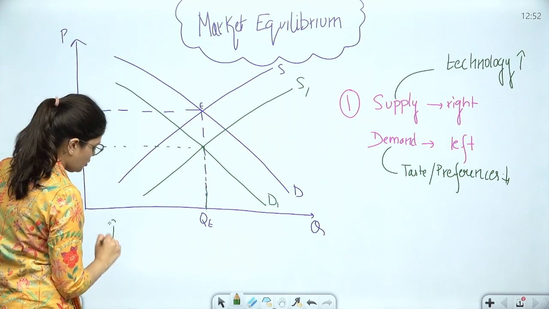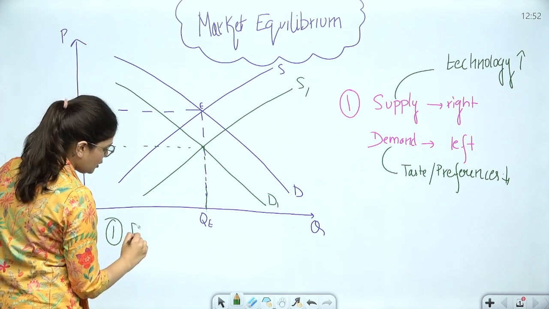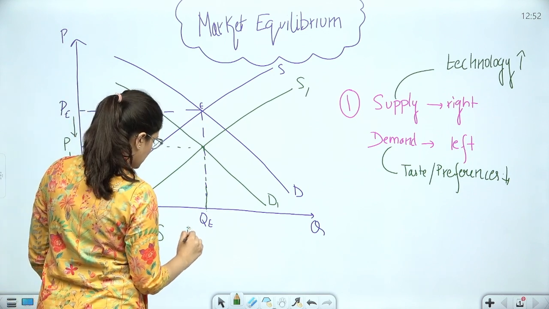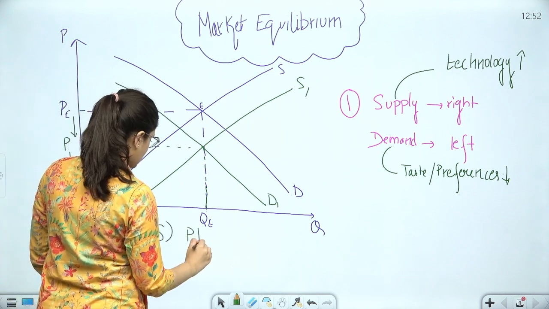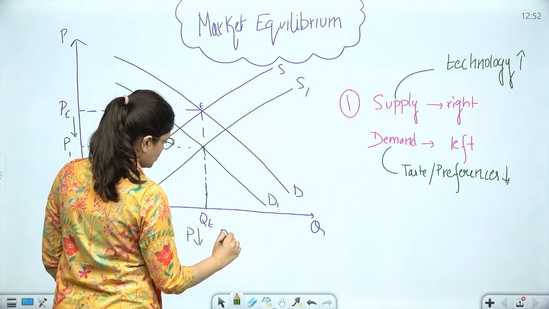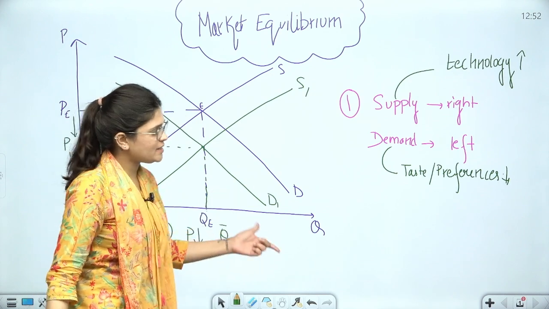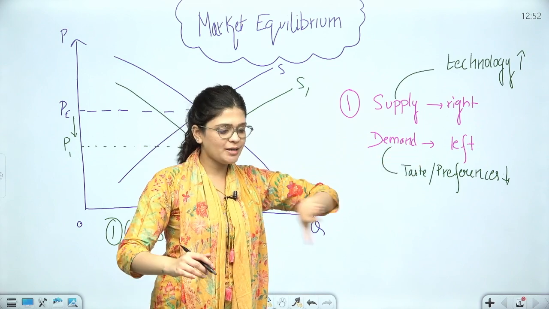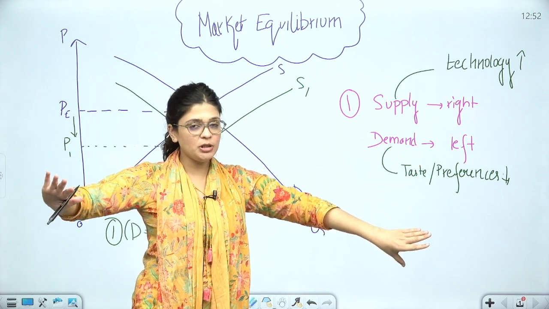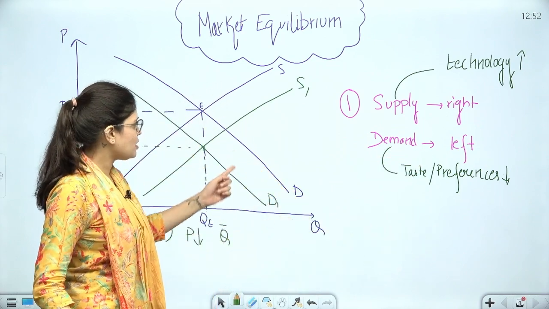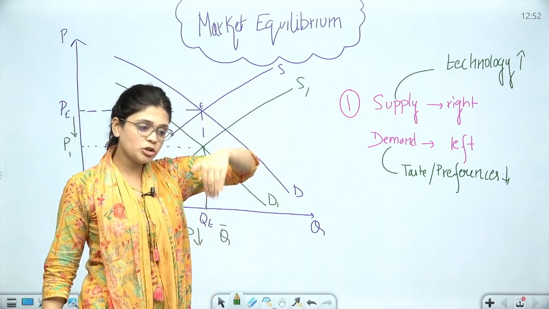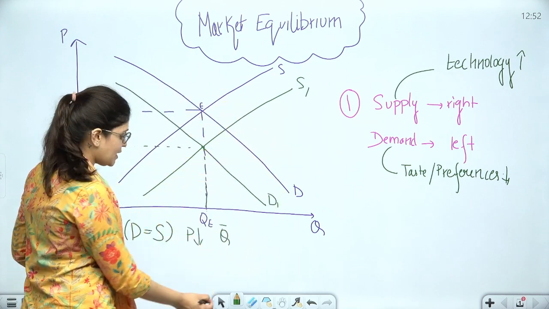Okay, so case number 1 is when demand curve and supply curve shifts with the same proportion. In this case, the price will decrease and the quantity will actually stay the same. Now, why is this happening? Because if you see, the supply is more, okay, and demand is less. Demand has decreased, supply is increased. It means now what has happened? There is excess supply in this case. It means more and more of supply. So this will push the price downwards. Okay, that is case number 1.